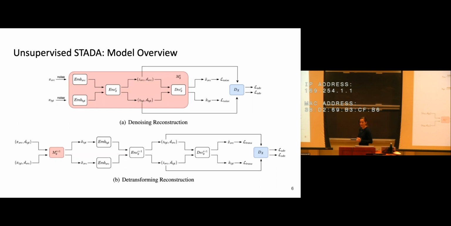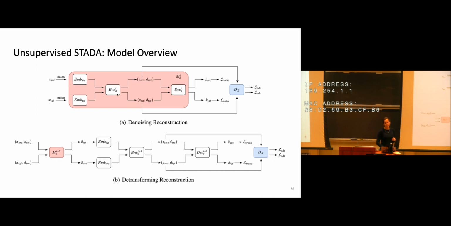So here's a diagram of how that works. We take pairs of sentences in source and target. They're not parallel. They're sentences from the domains of interest, but they may not even be related or have anything in common. We map those sentences to their corresponding embedding representation, and then we give that, in the top part,